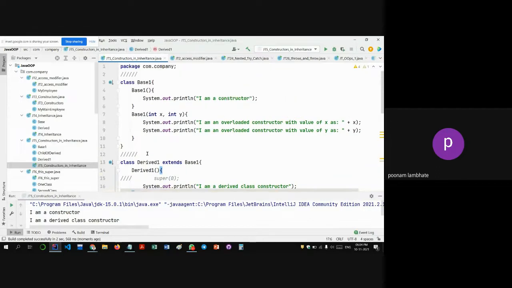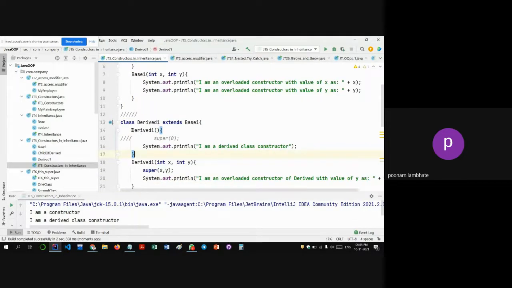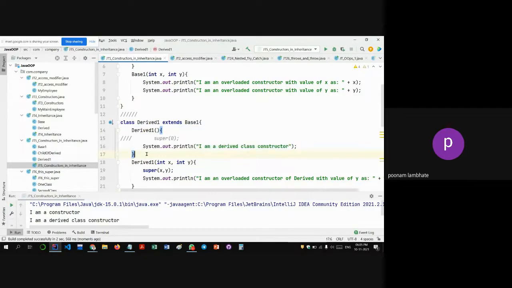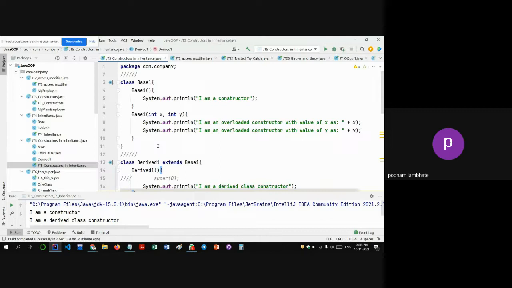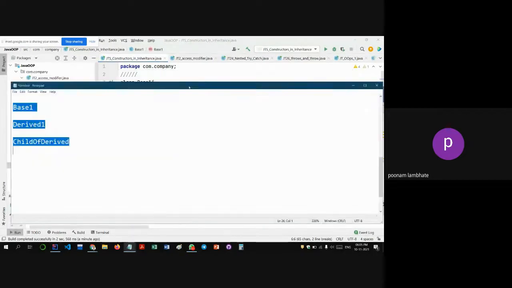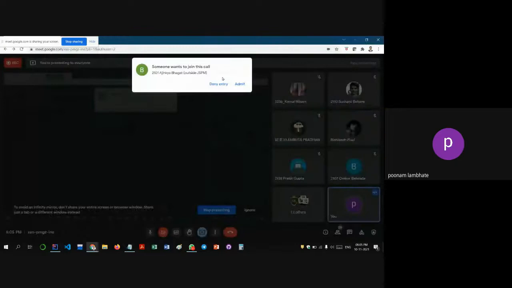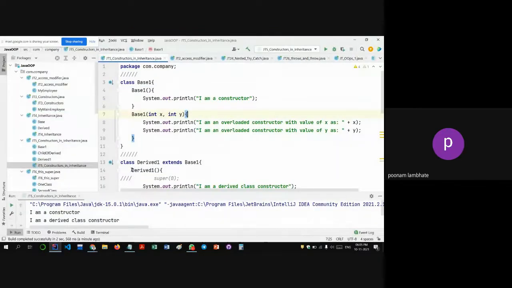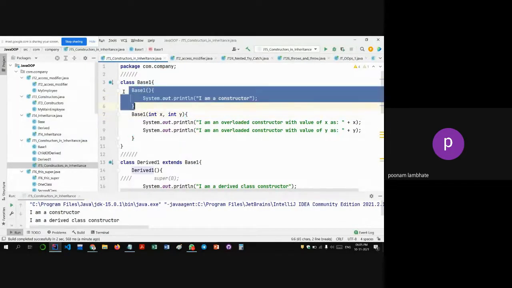Okay, so always remember that when you're not passing any parameters, this derived class constructor gets called, and even to the base class constructor you are not passing any parameters. So this constructor gets called. It will get clear when we see further examples. I'll show you that time. So when we are not passing any parameters to the base class, we know that this base class constructor